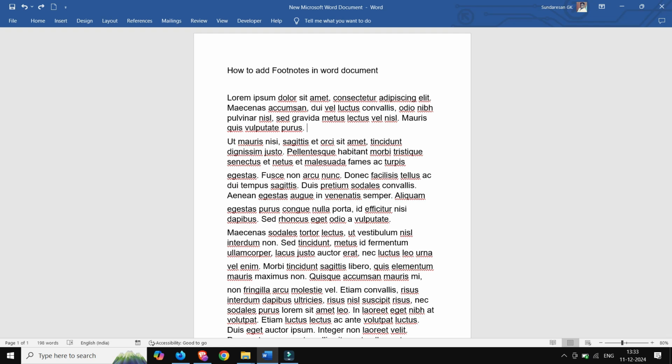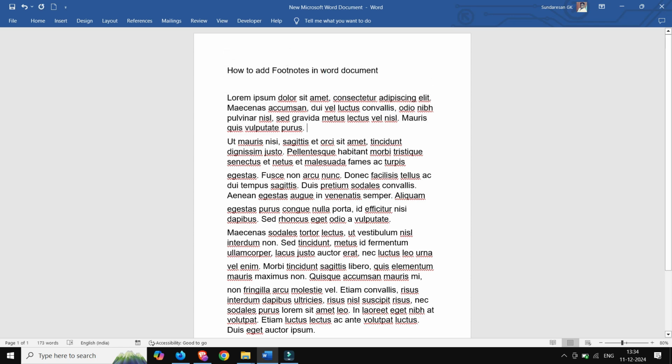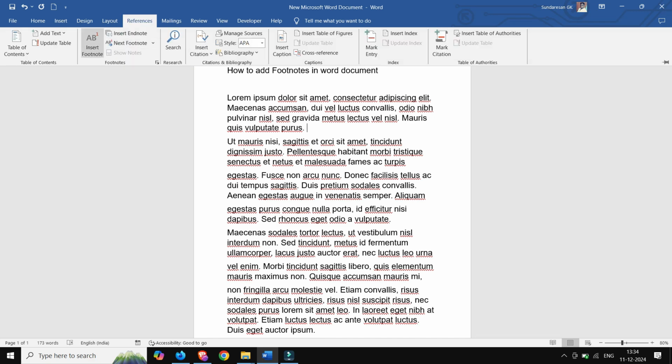So in this video we'll see how to add footnotes in a Word document. As you can see, I already have some dummy content here. Let's say I want to add a footnote for this first paragraph. Place the cursor at the end of the first paragraph, click on the References menu and click on the Insert Footnote